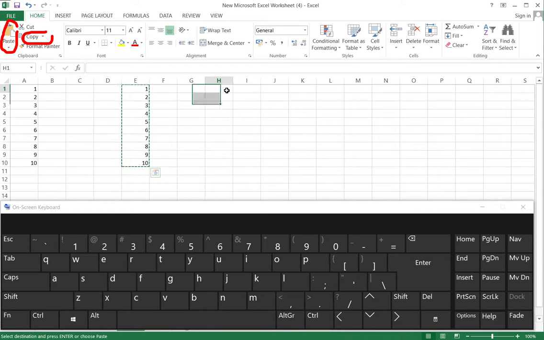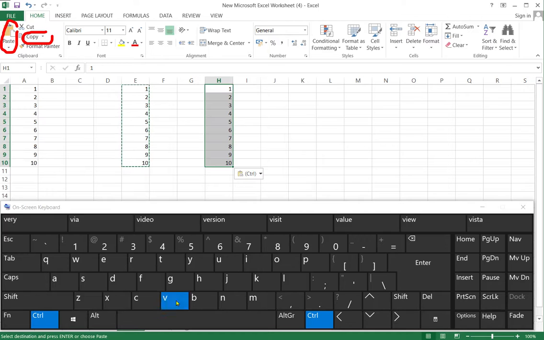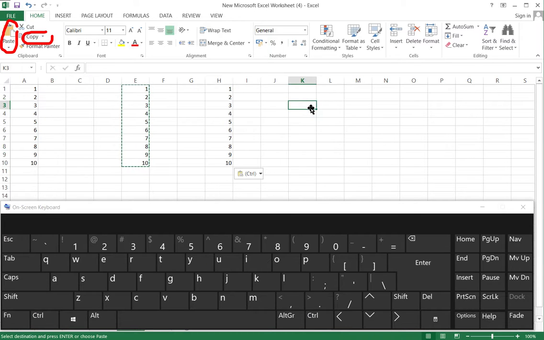And to paste the text, the shortcut key is Control plus V. First you press Control and then V. So this is the shortcut key to copy and paste the data.